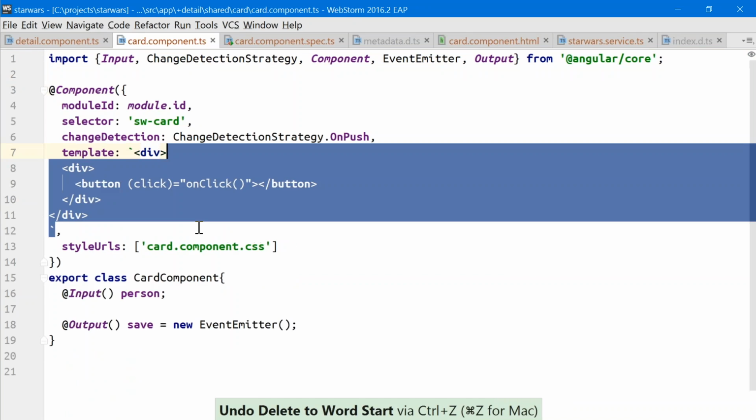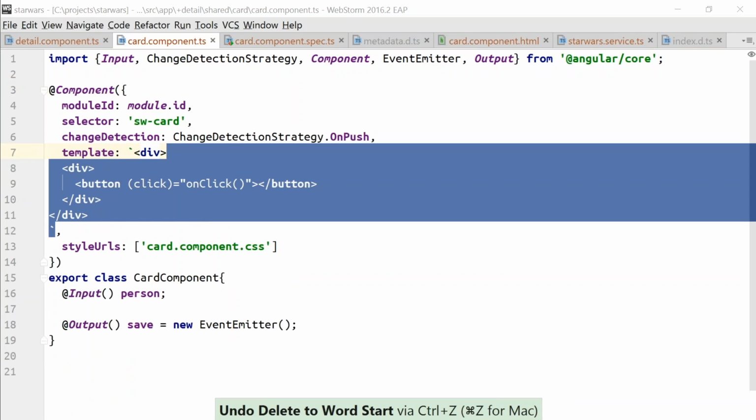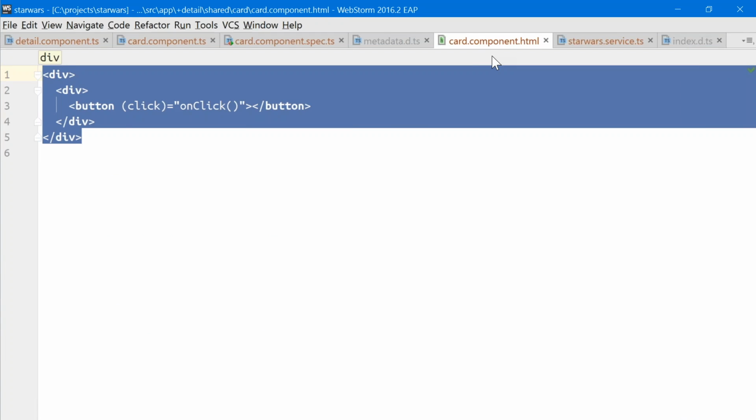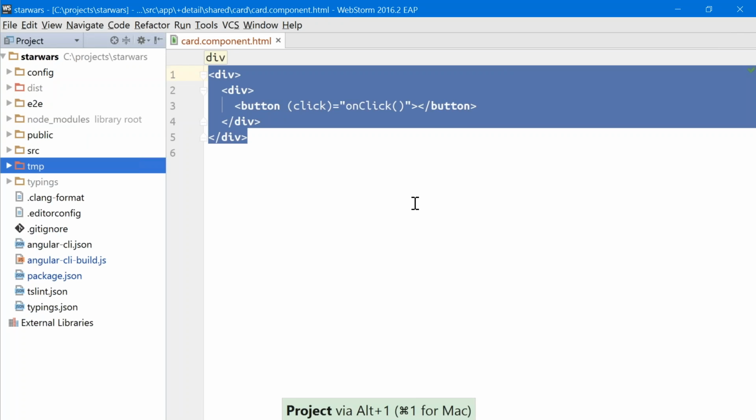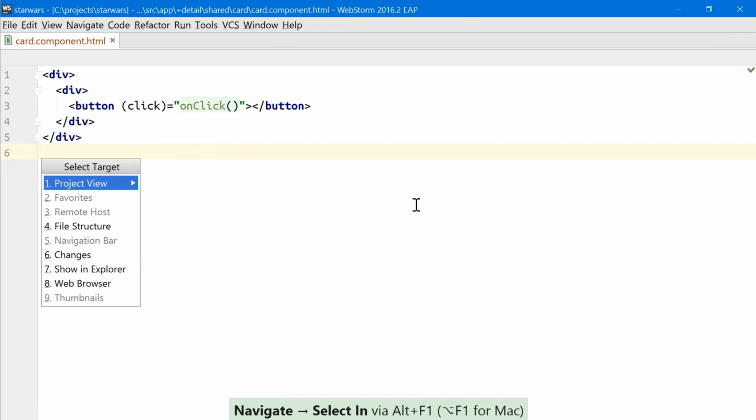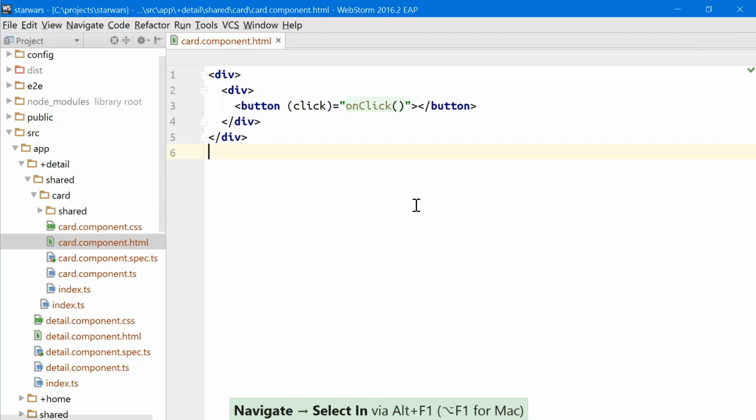Let's return to there. Do I have anything else for templates? Yeah, you can do, let's do card component. Just going to close the others and jump into the show this file in project view. And